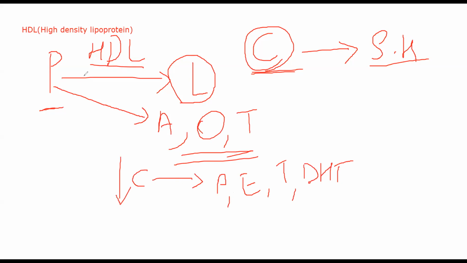Because of these properties, along with this, it will also help in inhibiting oxidation. So it will inhibit oxidation, it will inhibit inflammation, it will inhibit coagulation and platelet aggregation. Because of all of this, your HDL has a very cardioprotective nature, in a sense that it will protect your body from atherosclerosis from happening. Okay, that is why it is generally recommended that in a normal healthy individual, HDL numbers should be higher and LDL numbers should be low. Okay, so whatever cholesterol they are consuming or they are generating, that is not present in the blood but it is being used up.